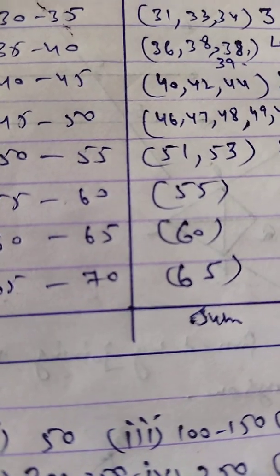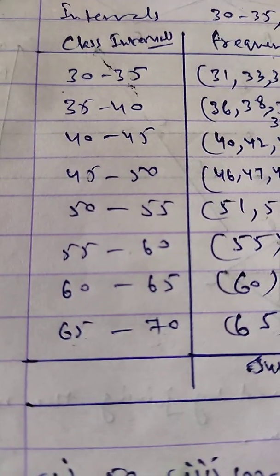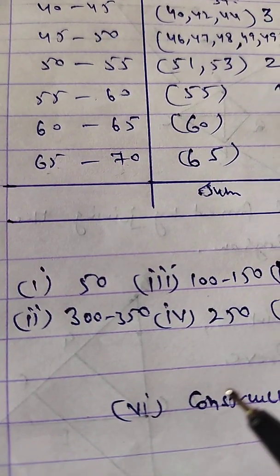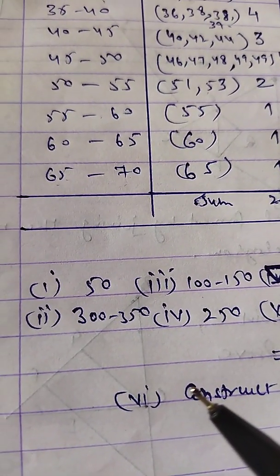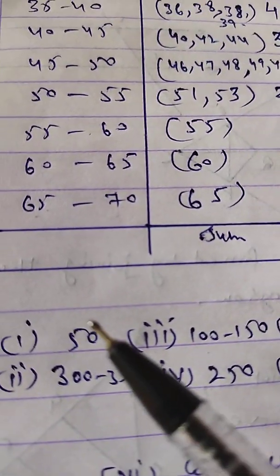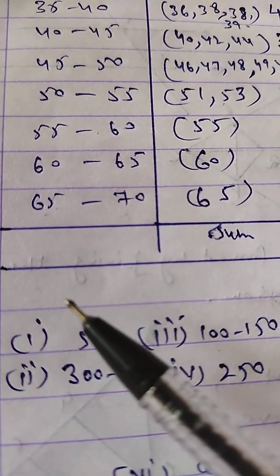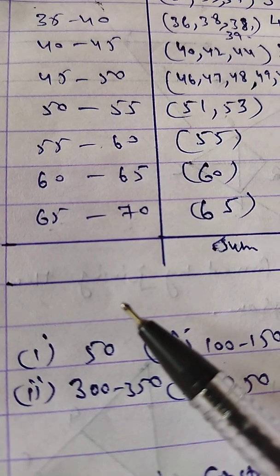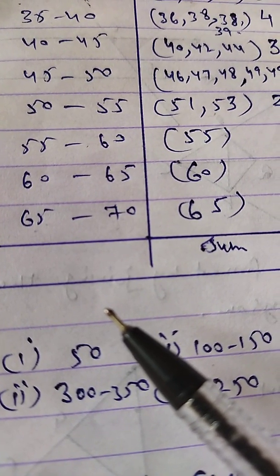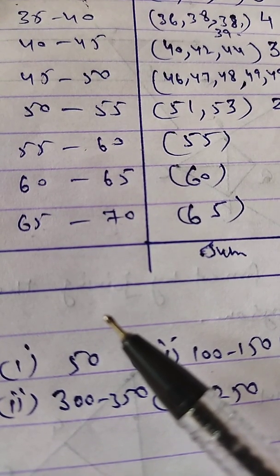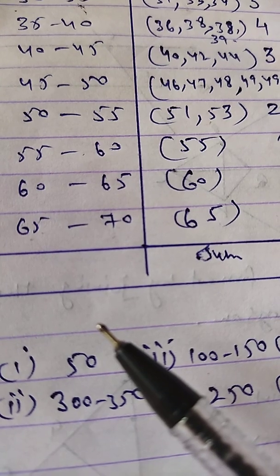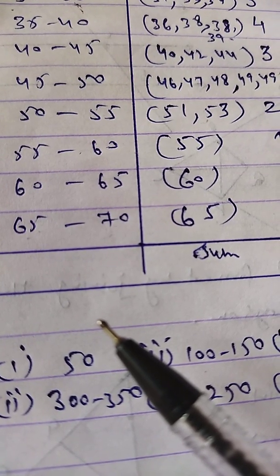So first part, what is the size of the class interval? If you see there, 100 to 150, 150 to 200. So upper limit minus lower limit. That's why the answer for the first part will be equal to 50. Class size is upper limit minus lower limit, and in all the class intervals you can see the difference of upper and lower is 50. That's why the size will be counted as 50.